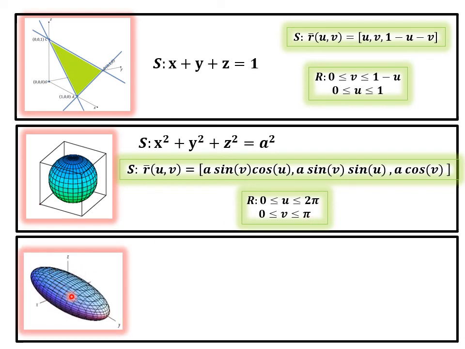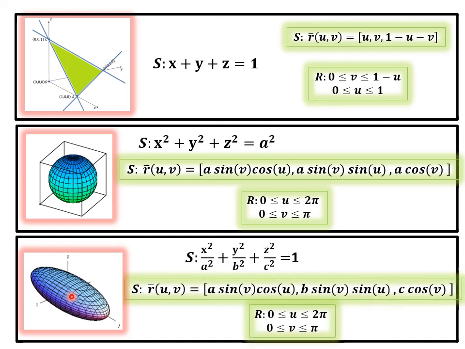The surface ellipsoid, the generating curves are only ellipses. Here we are preferring spherical coordinate transformation, in which along the x-axis rho can move a maximum of a units, along the y-axis rho can move a maximum of b units, along the z-axis rho can move a maximum of c units. The variation for u is full rotation, 0 to 2 pi. To avoid multiple mapping, the variation for the second variable phi is between 0 to pi. Recap the latitudes and longitudes of the globe.